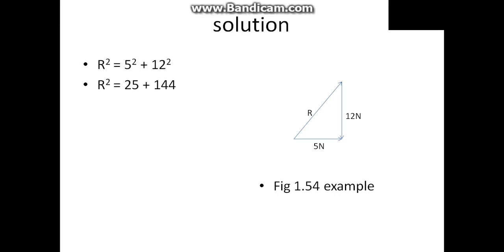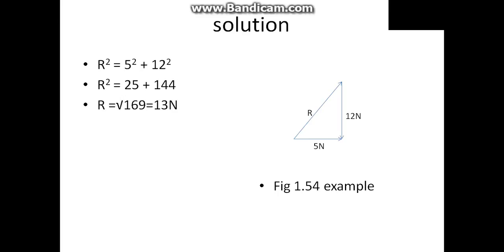R squared is now equal to 25 plus 144. Adding and making R the subject of the formula, we have the square root of 169